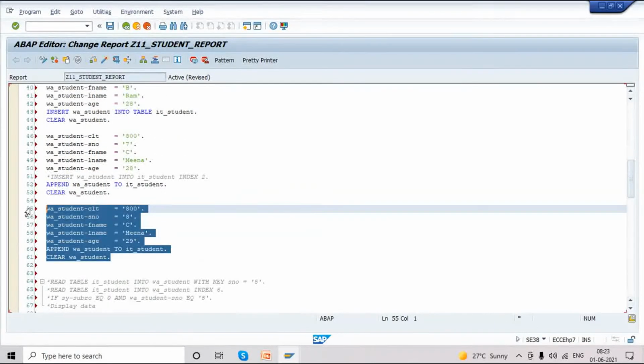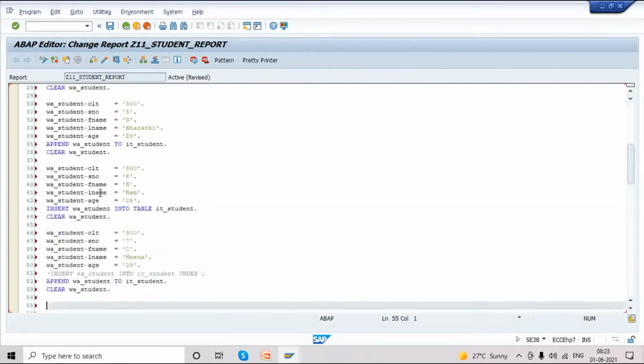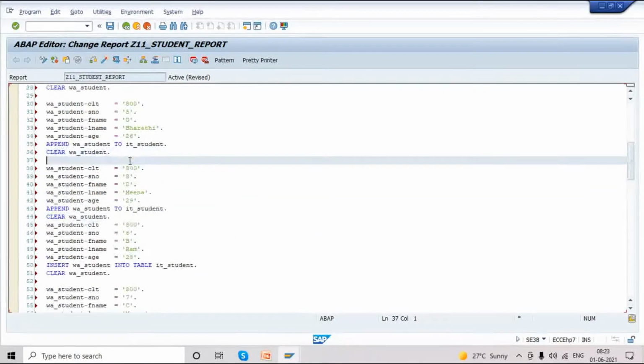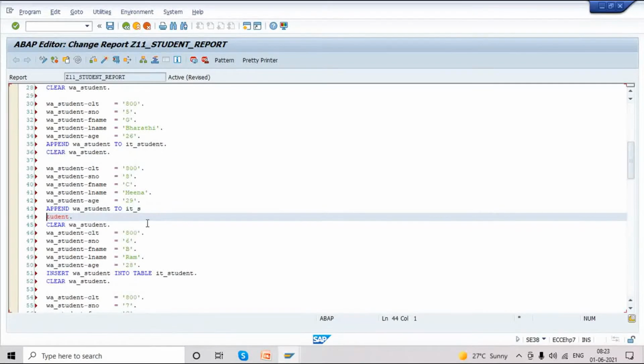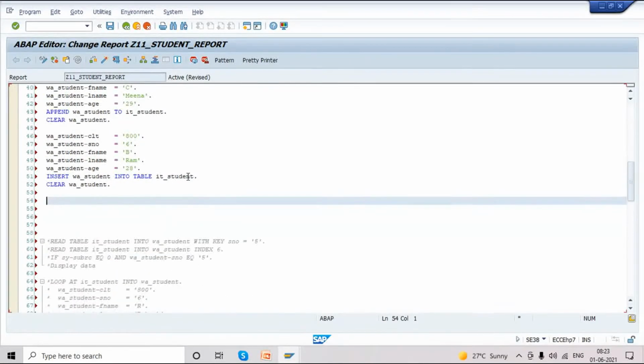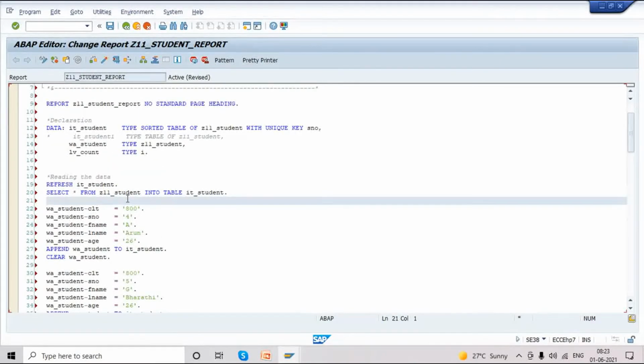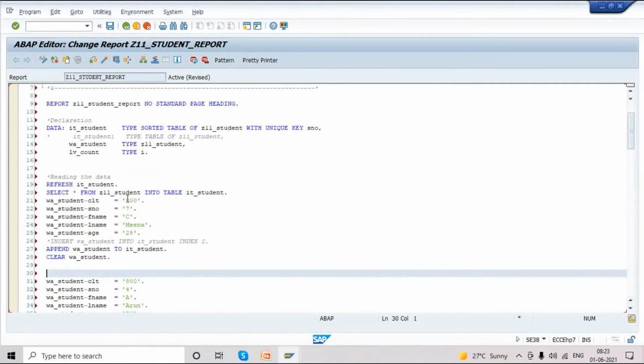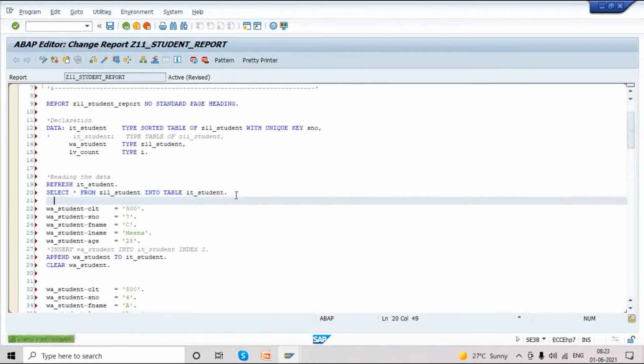So I'm changing the position. I'll append student number 8 after 5, and student number 7 before 4. So if it is a standard table, it will display in the same order.